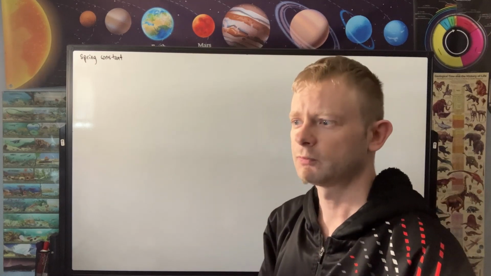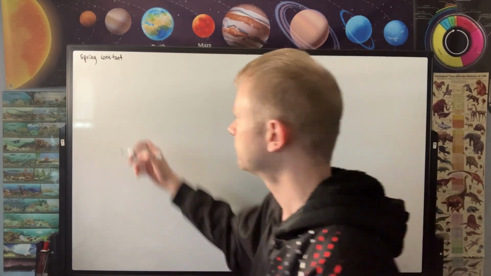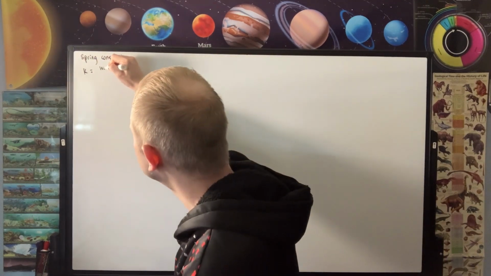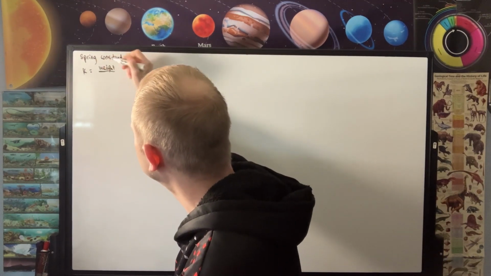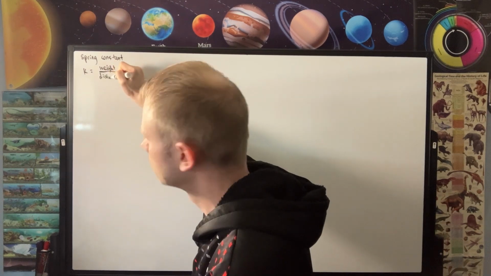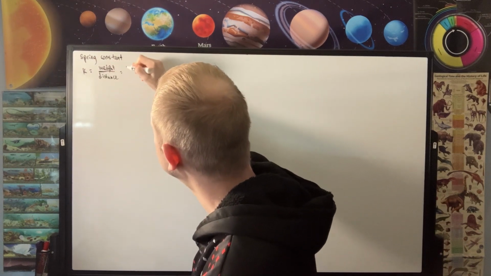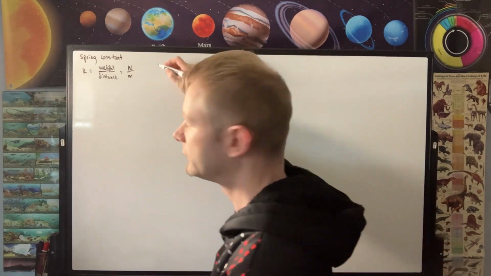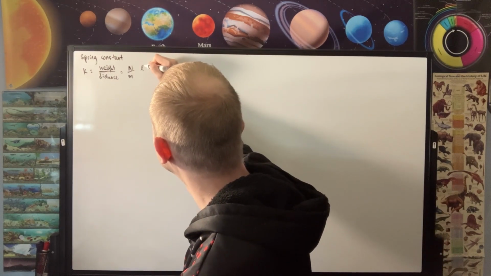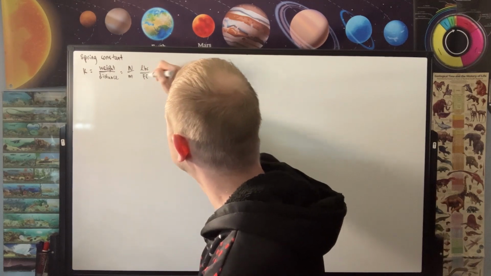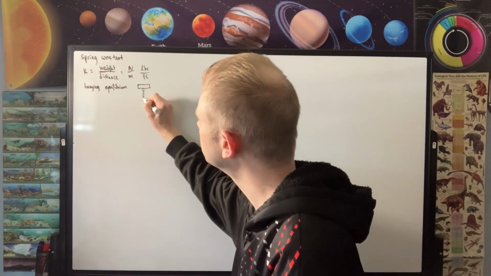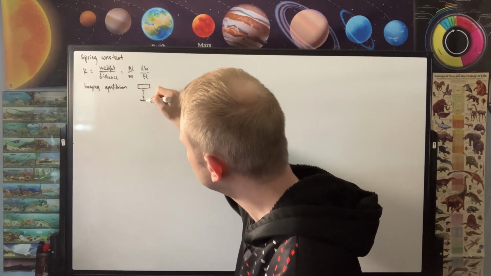Let's recall what the spring constant is from physics. We know that k is supposed to equal weight divided by distance, which is the same thing as saying newtons over meters, or pounds (lbs) over feet. So if we had a hanging object with the spring here, then there'd be some point right here where